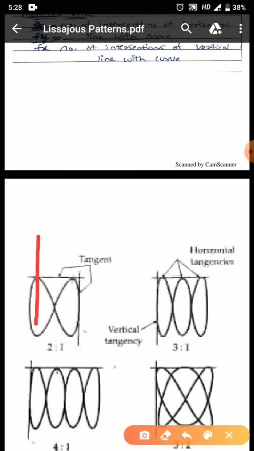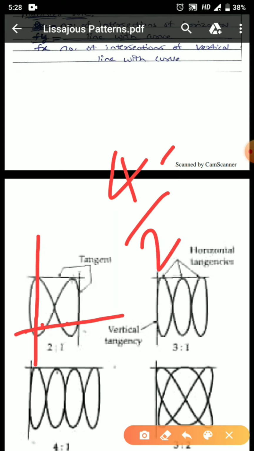Now let us look here. Here also I can make out 1, 2, 3, 4. 4 divided by 2. The modified rule can be applied for all the cases. It can be directly applied, right?